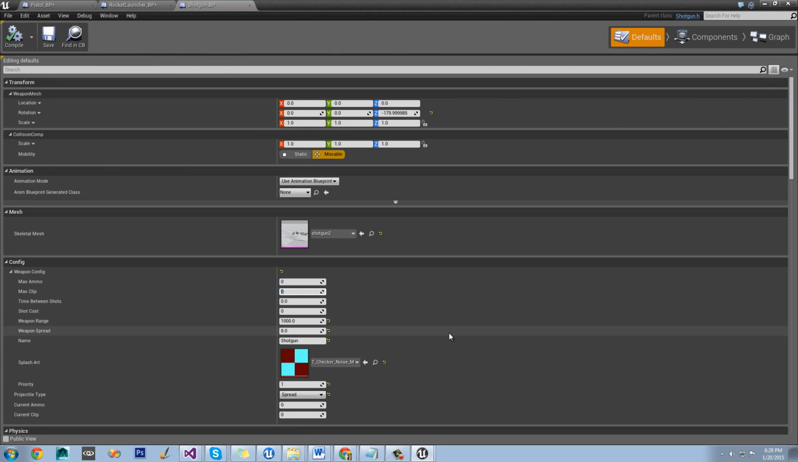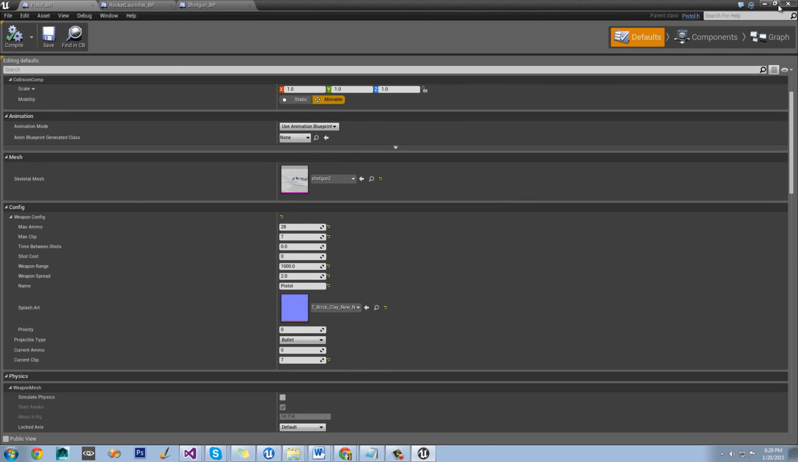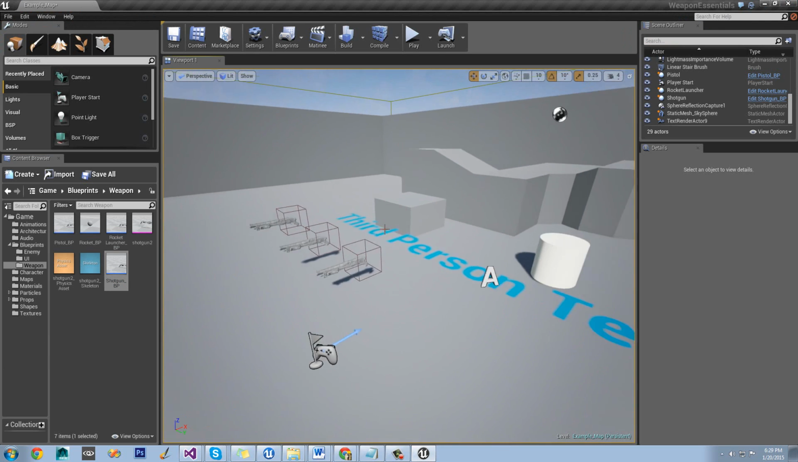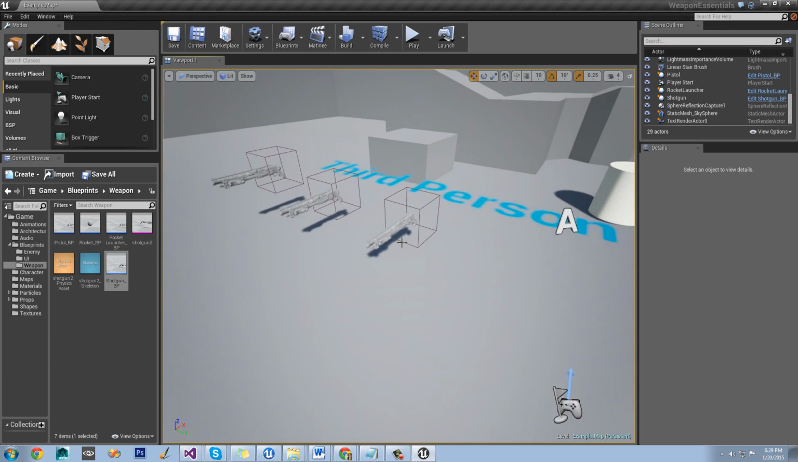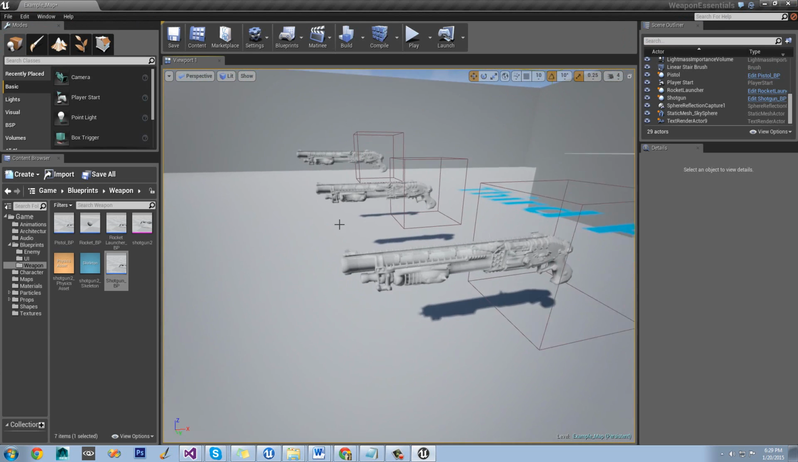Shotgun, we'll have the max clip be 6, and then the max ammo will be 24, and then the current clip be 6 as well. Compile that, save it. Save that, and we'll save that. Exit. Now, for example, if you have like a weapon or anything like that on the screen that you want